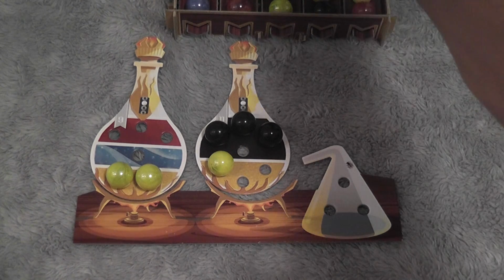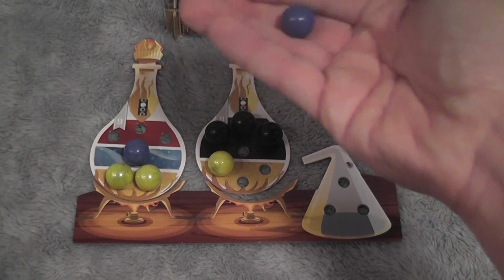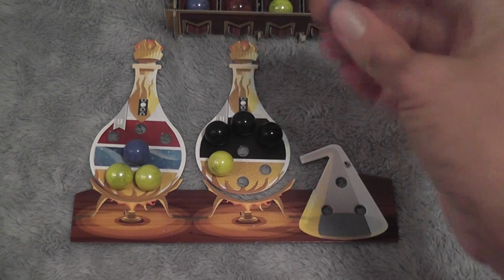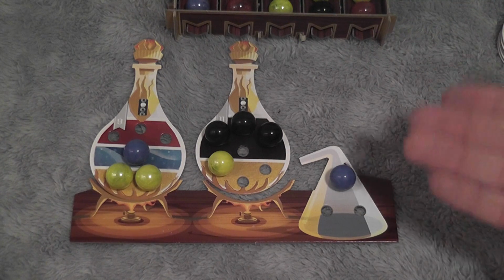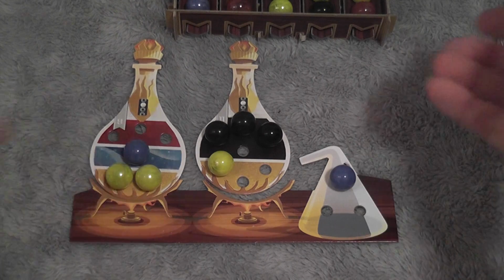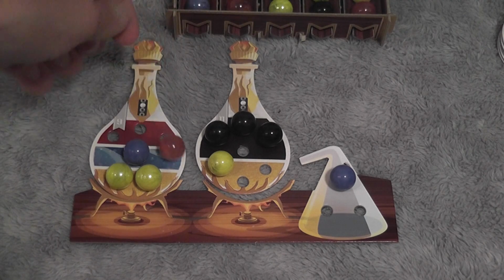Suppose that actually we have also some marbles in our hand that we cannot fit. I can fit this one here, but then I have this one that does not fit. Then here we have a pool where you must place the marbles that you cannot place. However, they are your pool, they are reserves, so you can use them later and transfer them from here to ongoing projects. When you complete a potion,